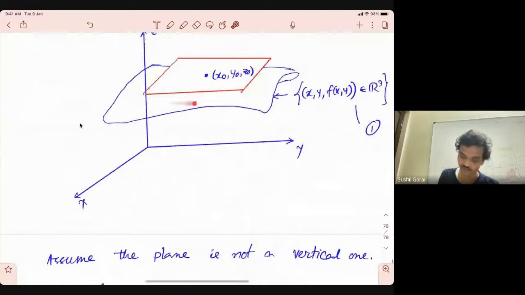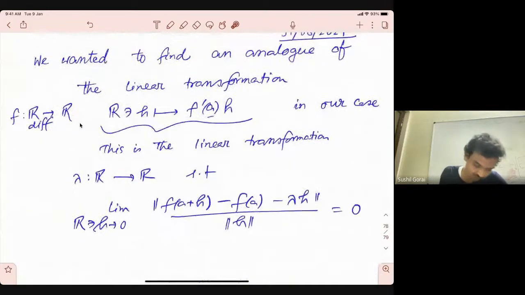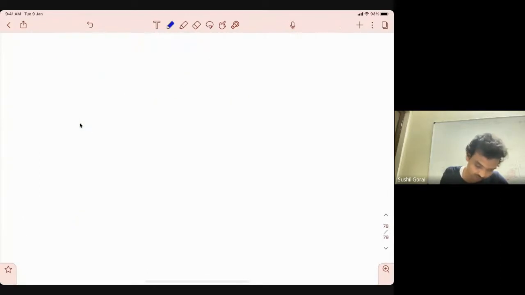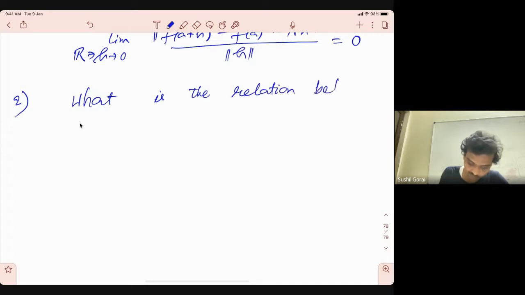This is one, and second, what is the relation between the tangent space, tangent plane